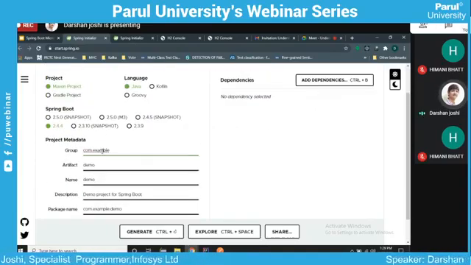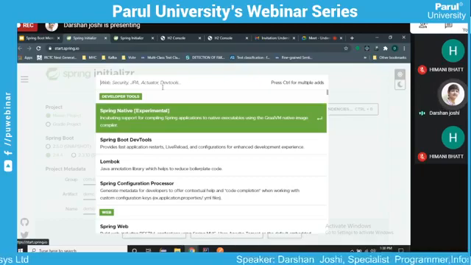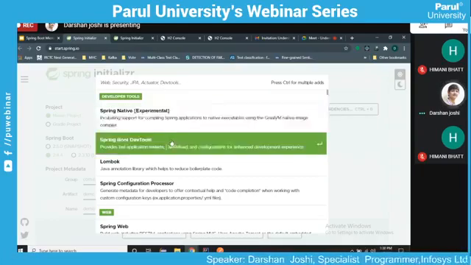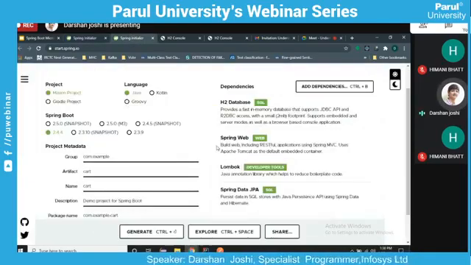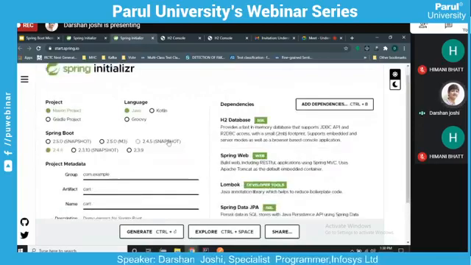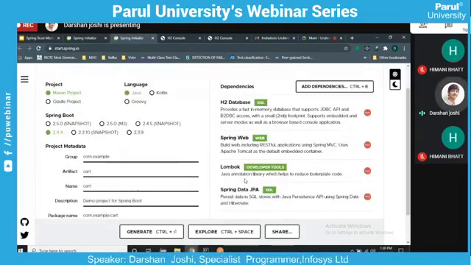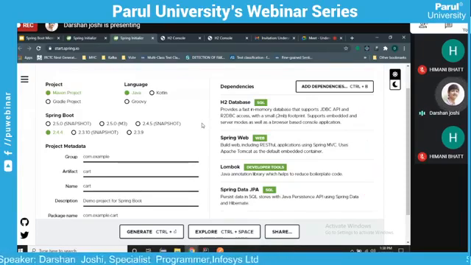So let's just create one. I've already created some of the projects for you guys, but I'm going to show it for only one microservice. I'm going to show how you can create new microservices and how you can add a new dependency from here as well. Right, so let me bring in some of the dependencies. Yep, here it is. I've already done that. As part of this demo, we are going to use a DB, which is the H2 database, an in-memory database. In memory means whenever you restart the application, the database will be cleared.